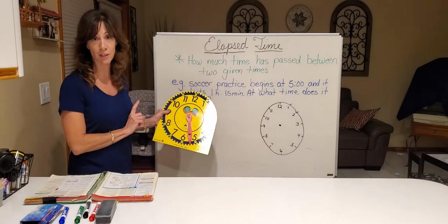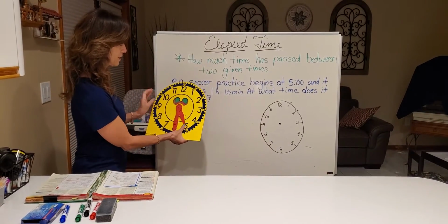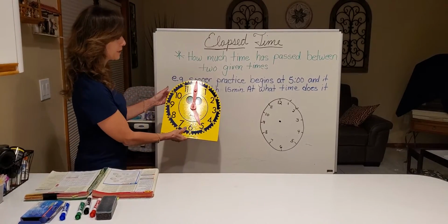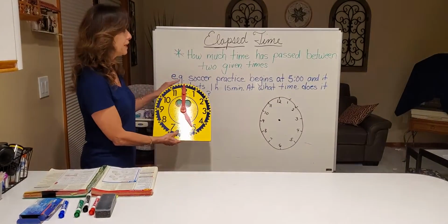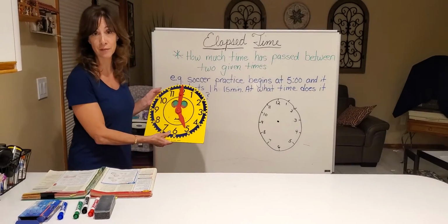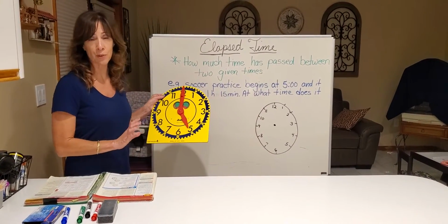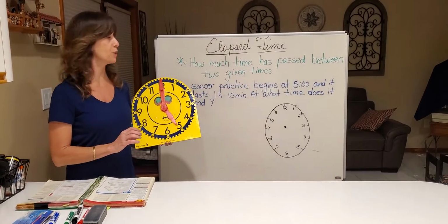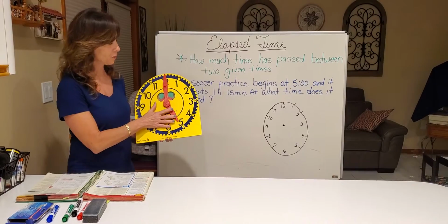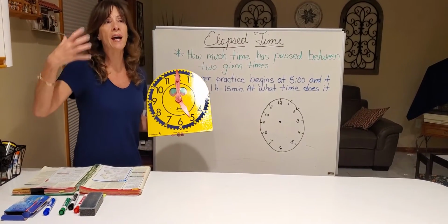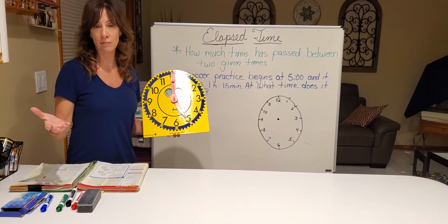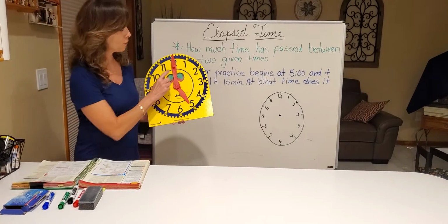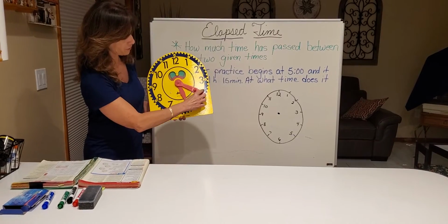So we'll put the first clock on 5 o'clock. All right, so here we have 5 o'clock. Soccer practice begins at 5 o'clock. Now, it lasts 1 hour and 15 minutes. The way to do this, boys and girls, the key here, to make it easy, is to do the hours first. We always do the hours first. So think, what is 1 hour after 5 o'clock? Just think, what number comes after 5? 6. So 1 hour after 5 o'clock